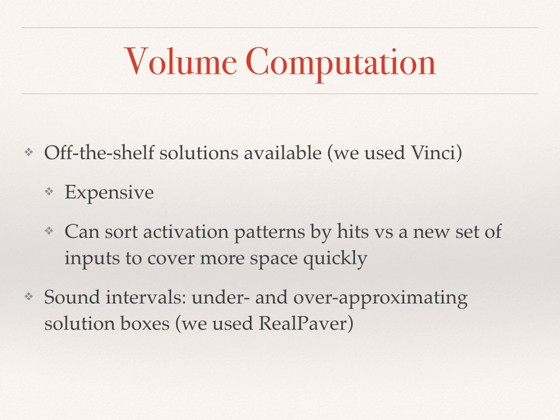So I should say that while previous work on probabilistic symbolic execution mainly handled integer constraints and used Barvinok as a decision procedure, for neural networks we had to look for volume computations over floating point numbers. So we found a tool called Vinci, but it is expensive in practice, so we have